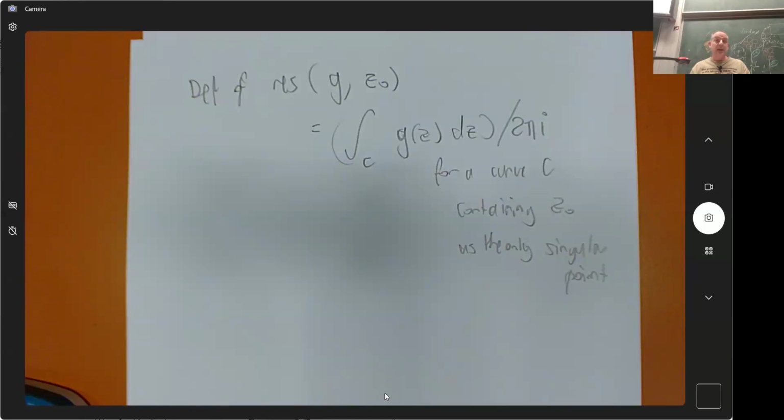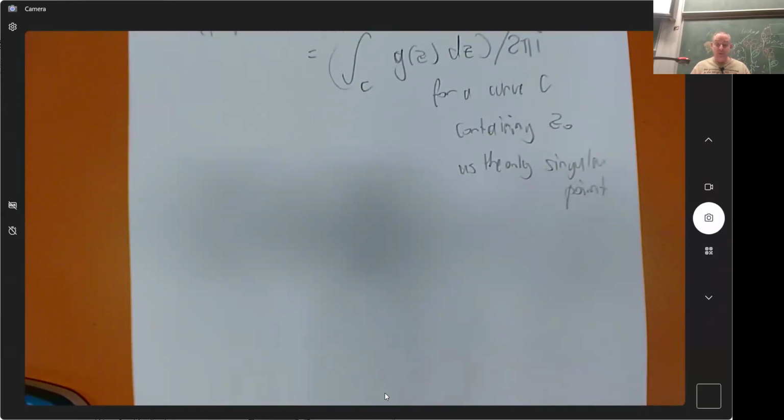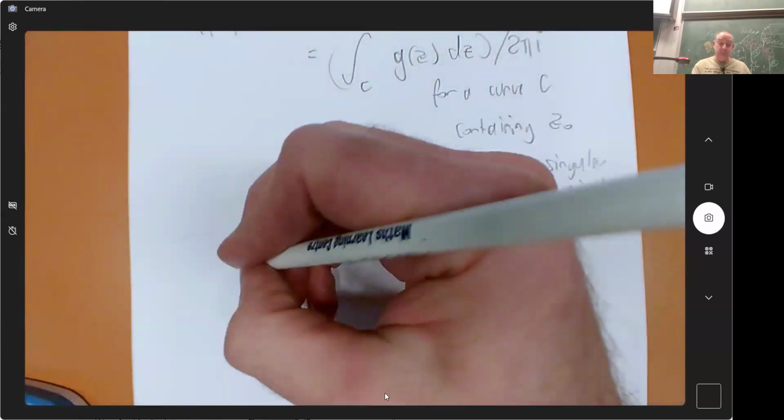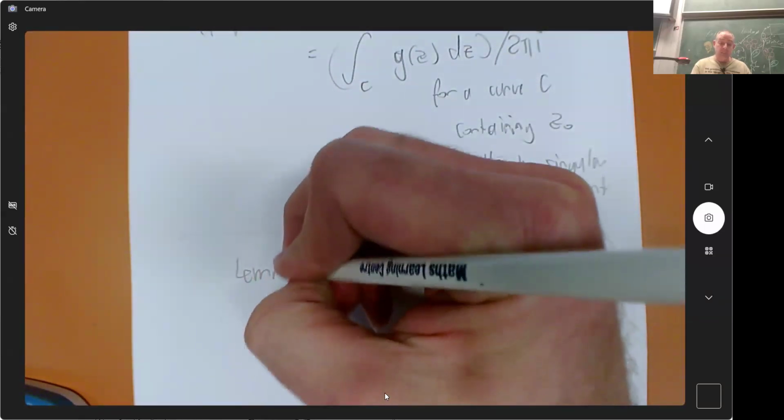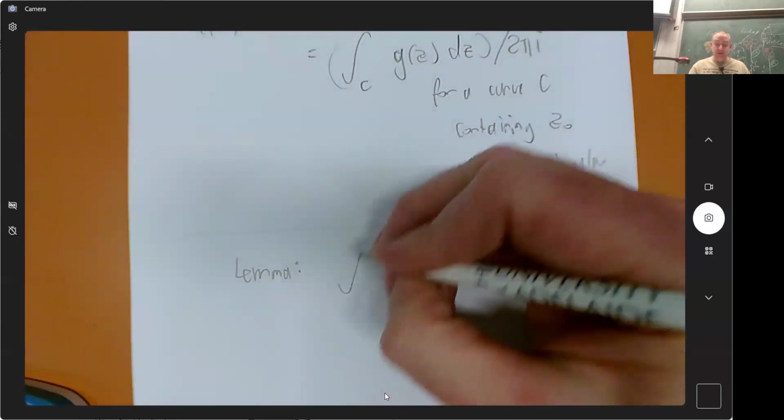But it happens to be that the residue is also the z minus z naught to the power of -1 coefficient in the Laurent series. Which is just fabulous. And the reason why it is this. Are you ready? It's very cool. It requires a lemma. And the lemma is this lemma. The lemma is